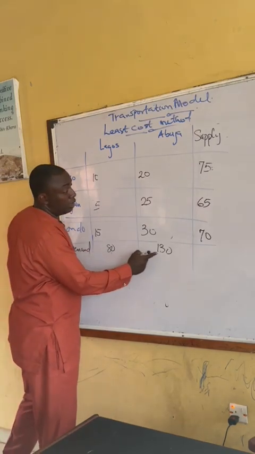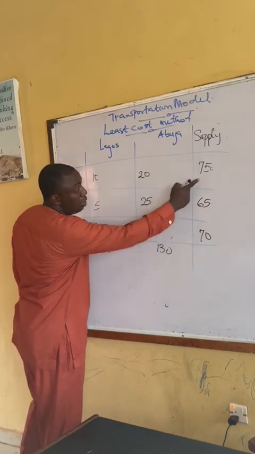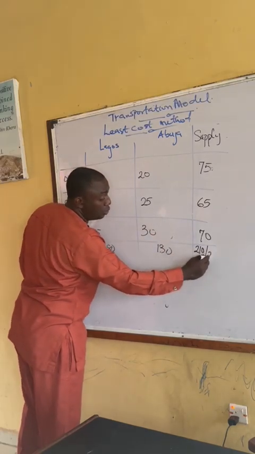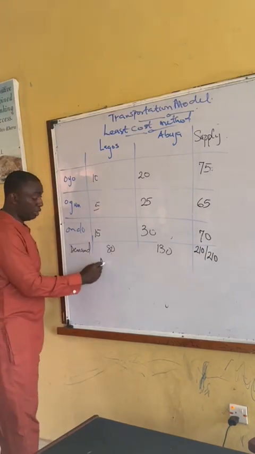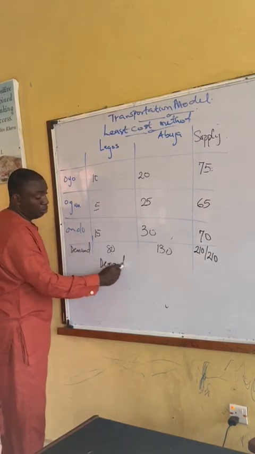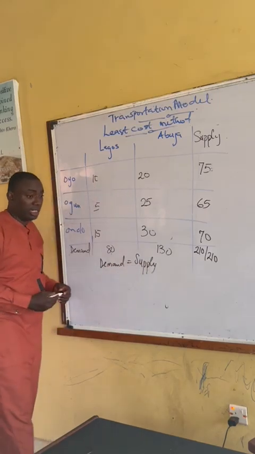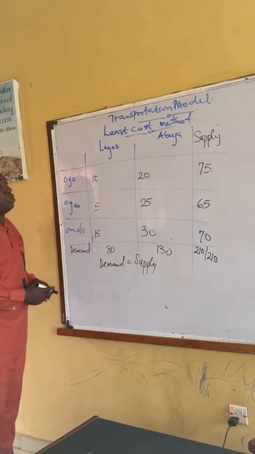80 plus 130. That is going to give us what? 210. So this one plus this one, 140. So this is 210 against 210, which means demand is equal to the supply. Then, since demand is equal to supply now, we are now going to go to how we can make